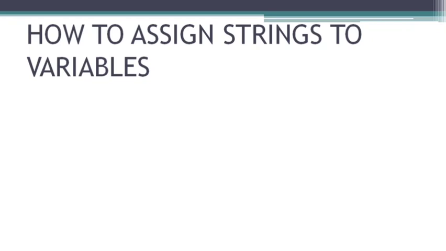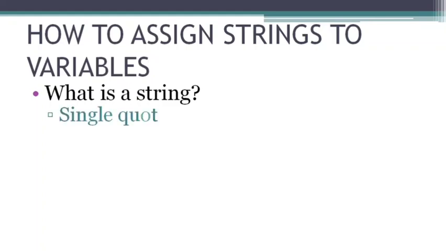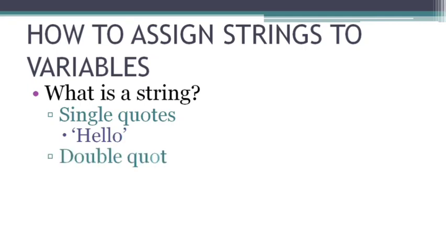Let's see how to assign strings to variables. First, we'll see what is a string. Strings in Python are used to represent Unicode character values. A single character is also considered as a string. We denote or declare the string values inside single quotes as such, or double quotes